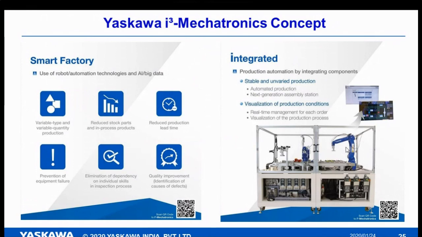If we go to our facility in Japan, at the Iruma location, the robotic manufacturing facility has completely implemented this iCube Mechatronic. If your friends or your management team, anybody, is traveling to Japan, please let me know so we can arrange a visit to our facility. Very interesting to see. You can see IoT and Industry 4.0 live demonstration, live production, how it is going on. That we can see.